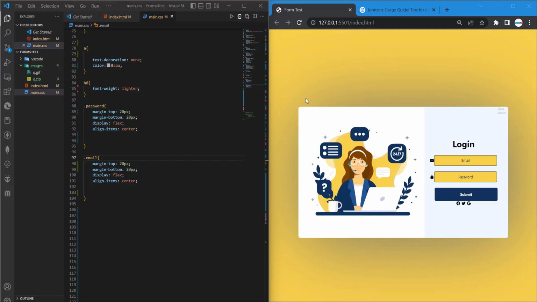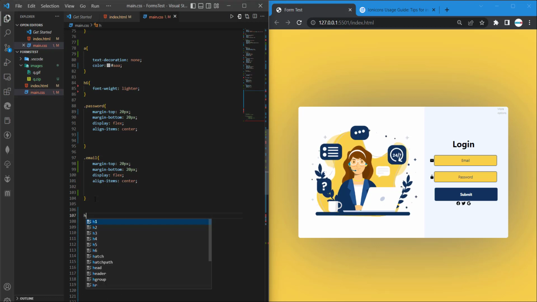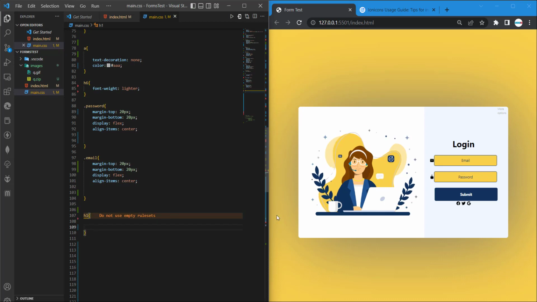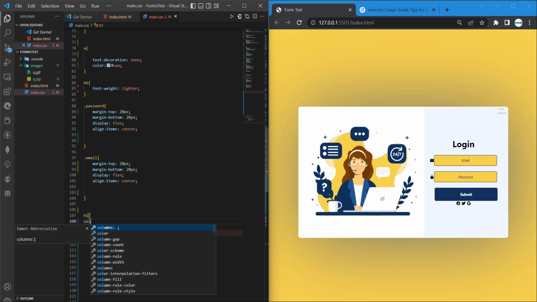Hello everyone, so we are arriving at our final front end, that's the UI for our form. So now we want to work on this icon somehow. Okay. So to do that, let's start with our h1, which is our login. We're going to give it a color of